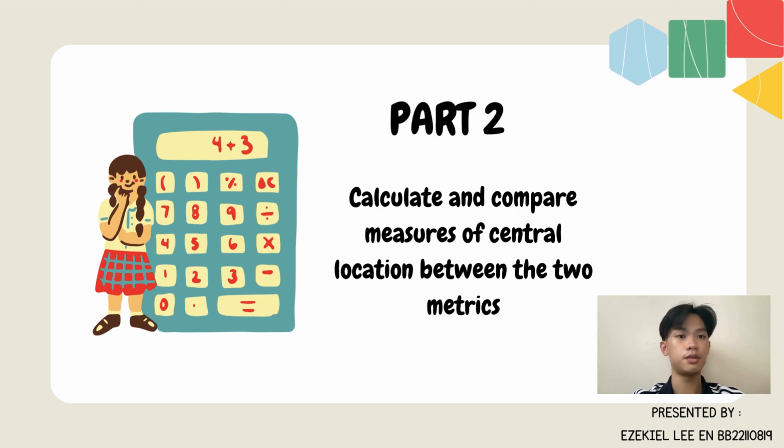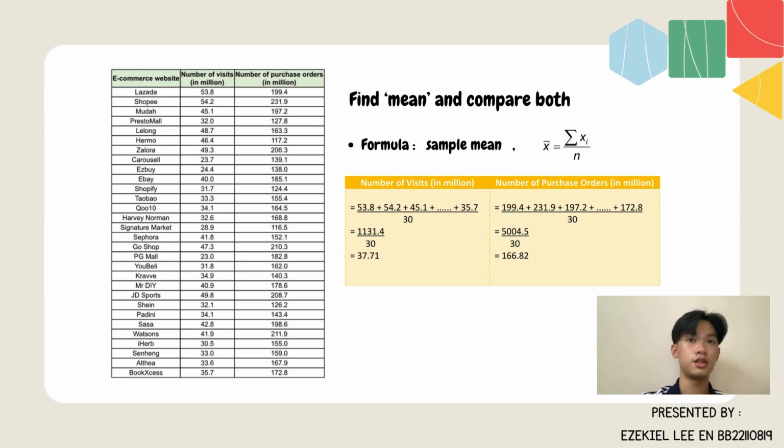So now I will present part 2, which is to calculate and compare measures of center location between the two metrics. One of the measures of center location is the arithmetic mean, which is often referred to as the mean or average. To find the mean for this table, we can see the sample mean formula is the most suitable for this calculation. So for number of visits, we total up the numbers, from 53.8 plus until 35.7, and we will get